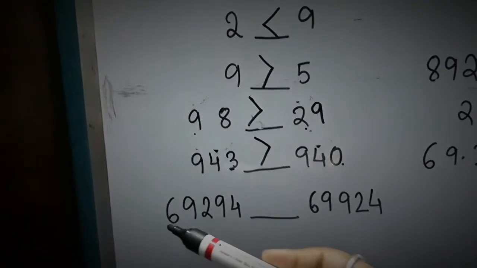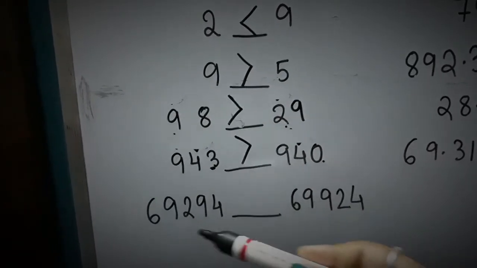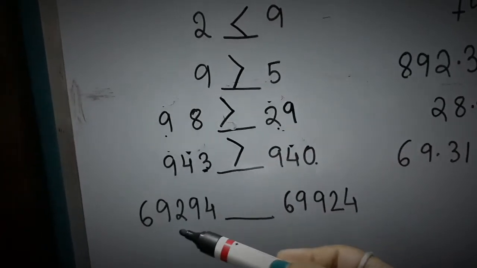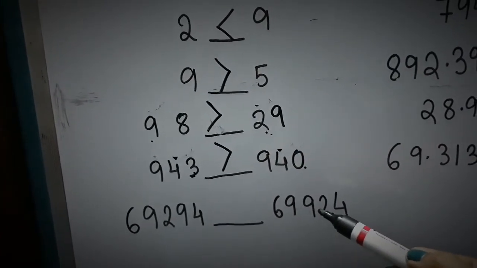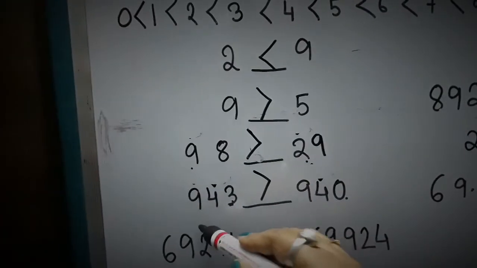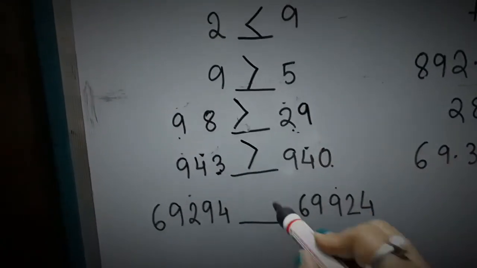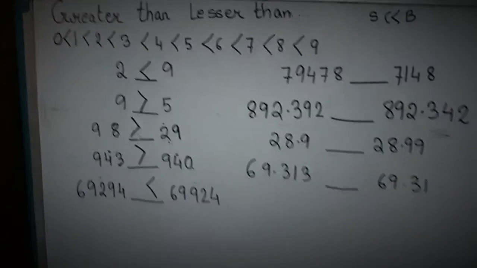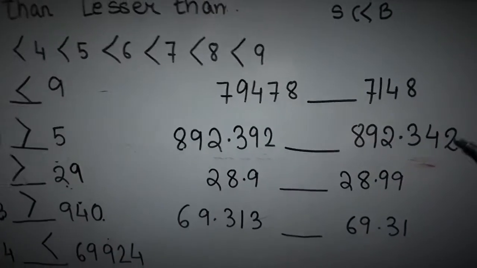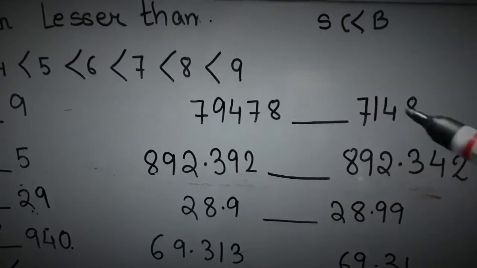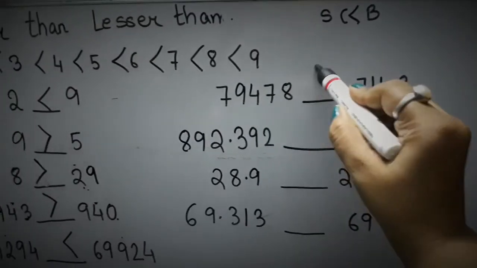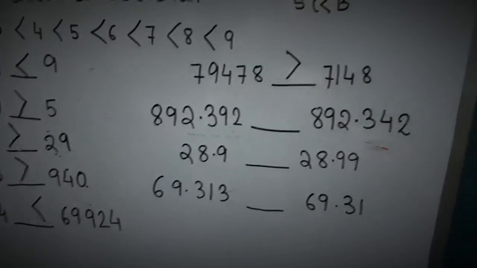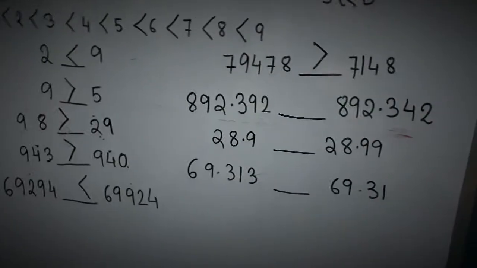Now this number, count the digits. Here is also 5 digits. Here is also 5 digits. Now 6, same 6. 9 is also here, 9 is also here, same. Then 2, but here it is 9. The third digit: here it is 2, here it is 9. Which is greater? This one is greater. I hope it is easier for you all to understand. Then comes here. Here it is 5 digits, here it is 4 digits. Which is greater? Of course this is greater, because the digits are more here and less there. So these are for sums without a point.